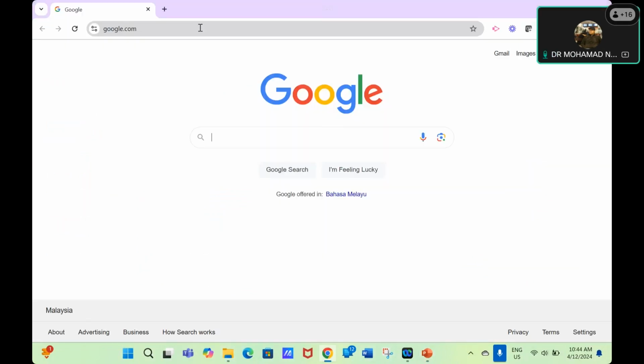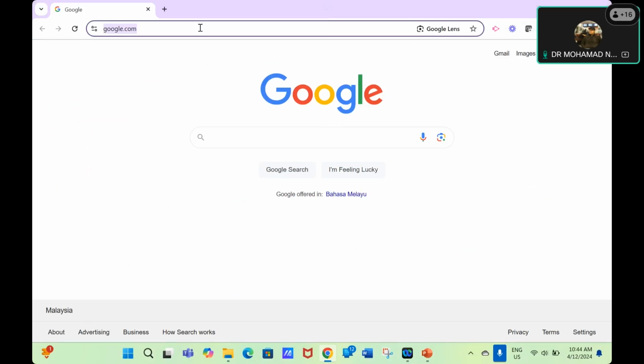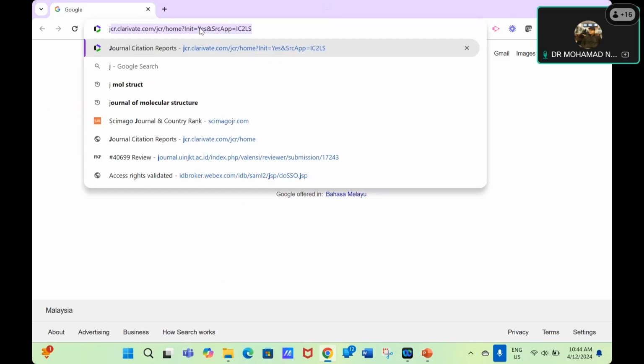Okay, as I said, normally there are three in publications. Normally we send to the JCR journals, Journal Citation Reports, based on that one. And the second one is Scopus. In USM, we subscribe to this database, so it's better for you to use it because you already pay for that. So how do we check? Okay, JCR.